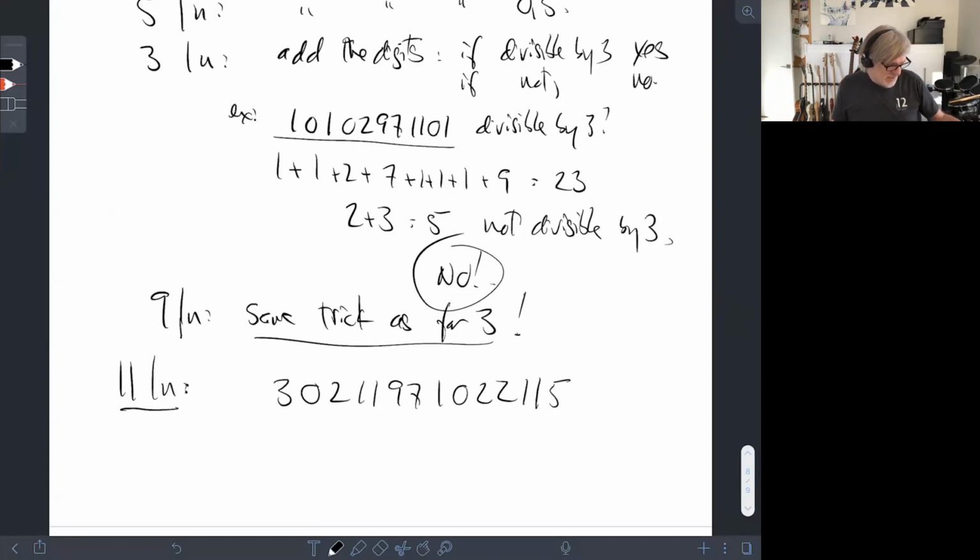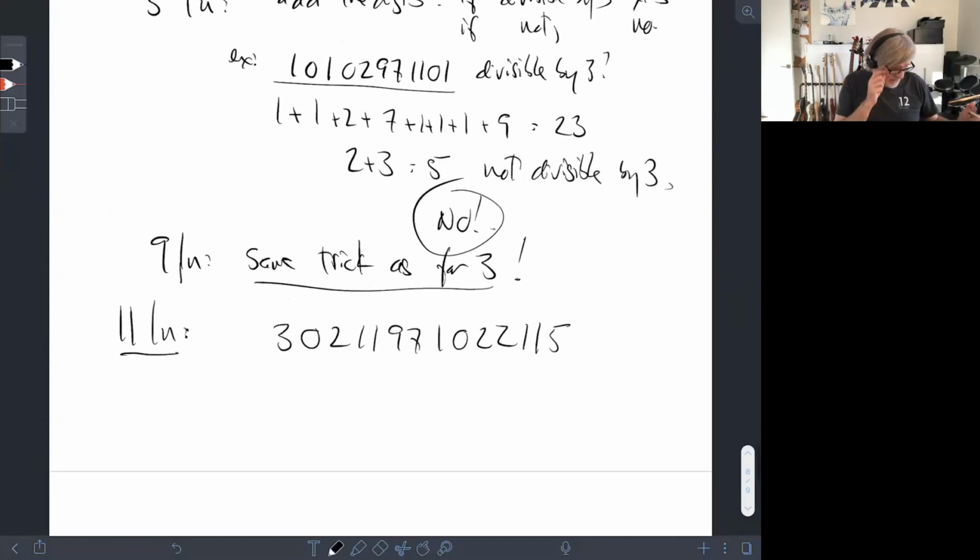302119710222115. I'd like to know if this is divisible by 11 or not. So here's what I do. Again, this is not too difficult. I think this one is easier to prove than the other ones. What you do is you look at the digits: the first, third, fifth. You just jump a digit every time like that, and you add those up. So that's 3 plus 2 plus 1 plus 7 plus 0 plus 2 plus 1, which will give you